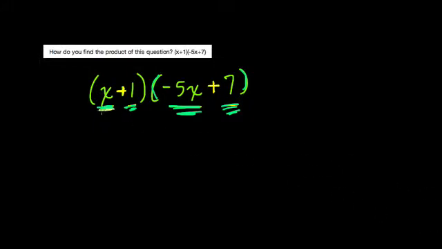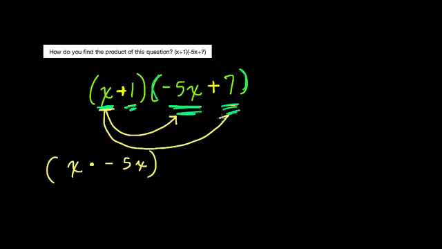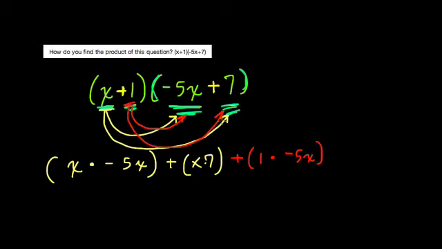Here, our first step would then be x times this first term. So that means x times negative 5x. Okay, and then we take x and distribute it to the next term. X times 7, right? And we're adding there, it's a positive 7, so we add all these pieces. And then we have 1 by this first term, so that's just plus 1 times negative 5x. And then hang in there, 1 times 7, right? Plus 1 times 7. So we add all these pieces, and I'll come back to why that makes sense in